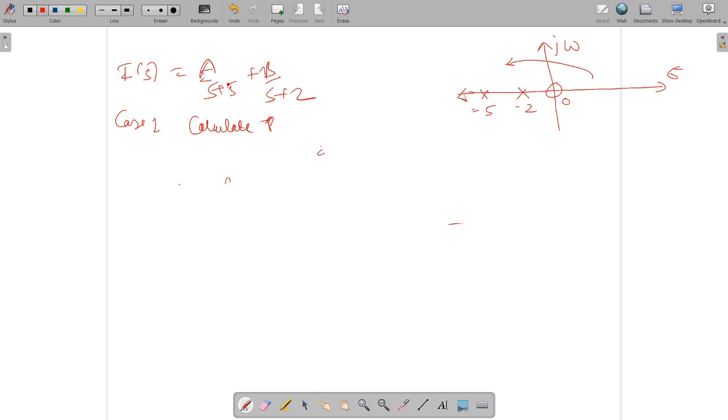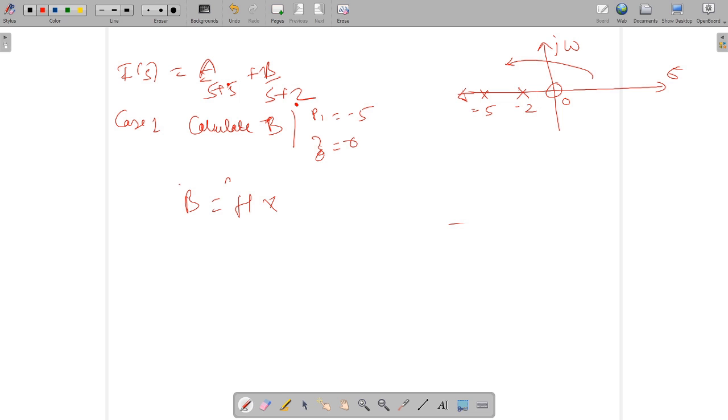So B will be, we have to calculate the coefficient B, and the other pole will be what? P1 will be equal to minus 5, because this B is linked with the minus 2, and 0 is always there. Fine. So now you have to find B. So H into the product of the phasor distance from this reference pole to the 0, because the numerator will have only a 0. So you will have to calculate the distance between the 0 and the reference pole.